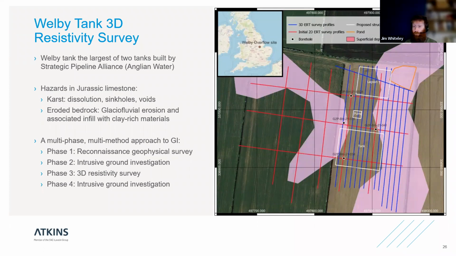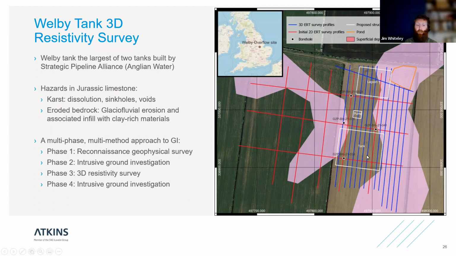That was followed up by some intrusive investigation. Now, they actually did some intrusive investigation across the entirety of the site, but it was decided at this stage that they would just focus on the field to the east because there was shown to be too much glacial fluvial material in the west. So although there were more boreholes drilled in this part, we're going to focus on the eastern part of the site as we move down through